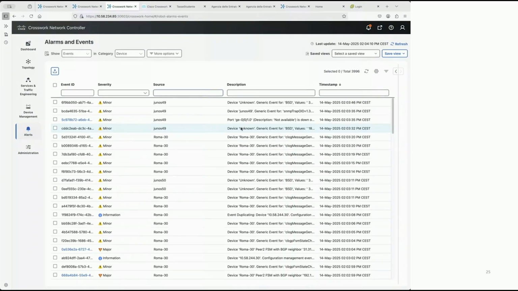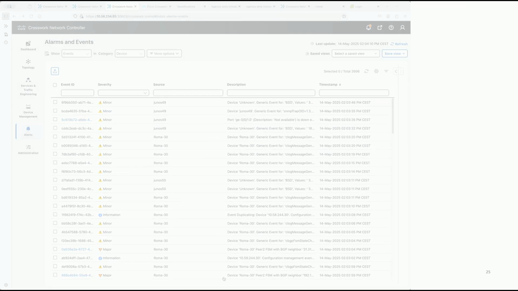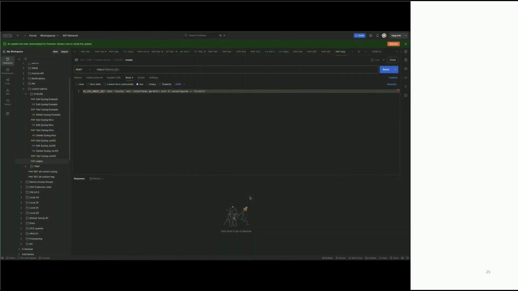Now I'll use the customization option introduced in this release to show you how to customize the system and translate this generic event, this syslog, into a proper CNC alarm. For this customization, we will use the CNC API and Postman as a client. The syslog will be pretty much what you see here. This is the syslog category, followed by the username,